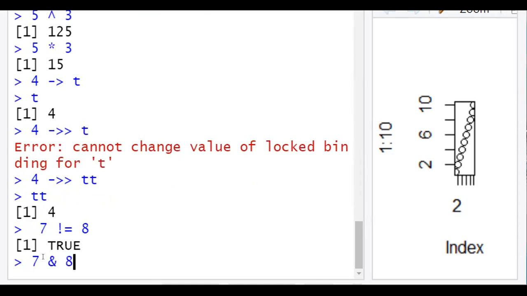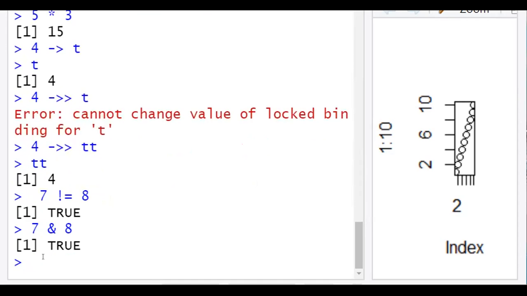This is the ampersand, then double ampersand, logical AND operator, element wise logical AND operator, then logical NOT. Okay, so these things can be used.